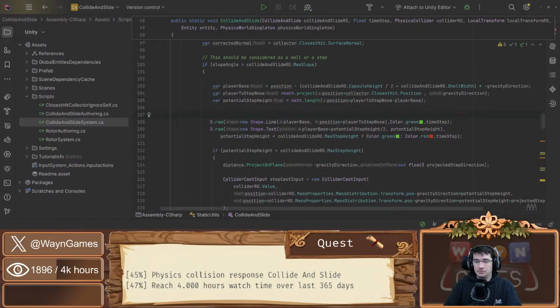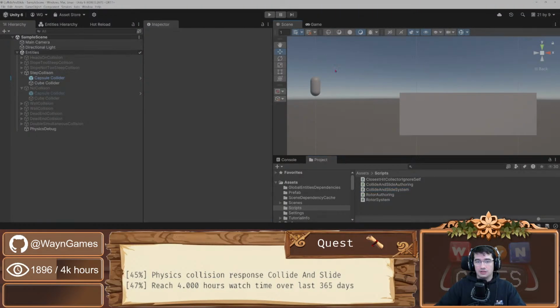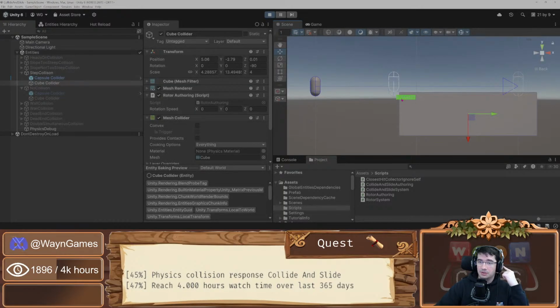I've been doing a bit of cleaning, let's say, or figuring out the issues I had last time with the step, and I figured it out. So if I take a look at the running code, I can now see that I do have my step height that is computed. If the step is not too high, I do go over it and land on the ground after that. And if the step is too high, I'm not going to the ground. I'm just stopping at the wall,